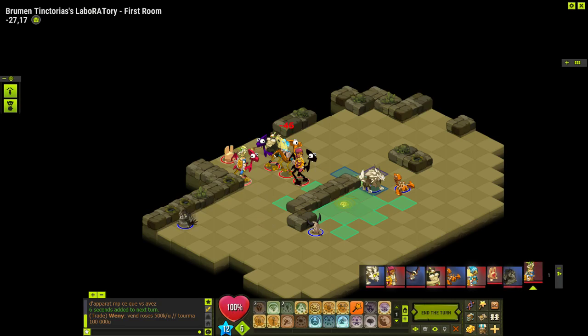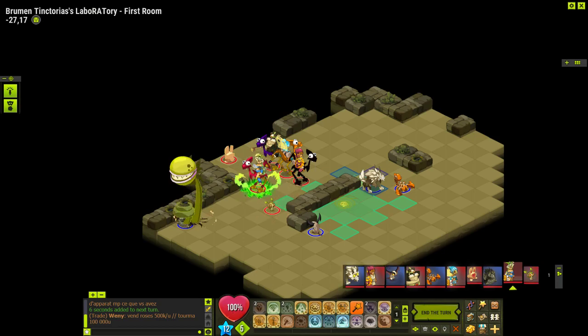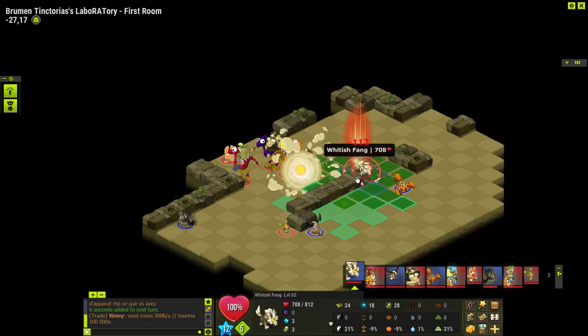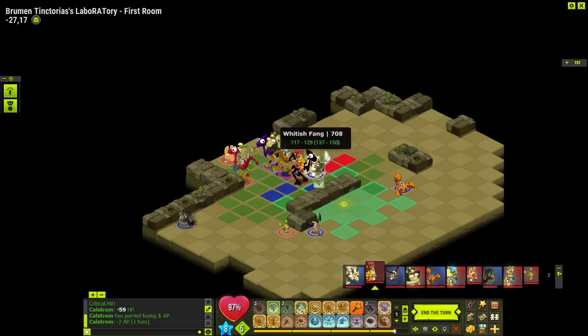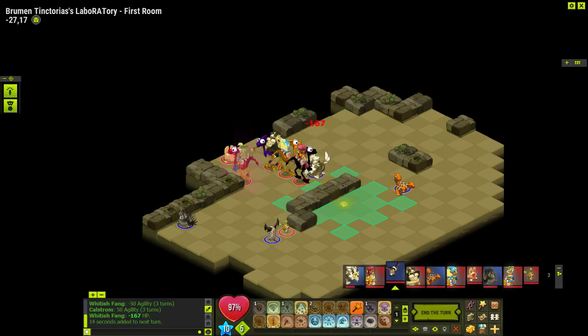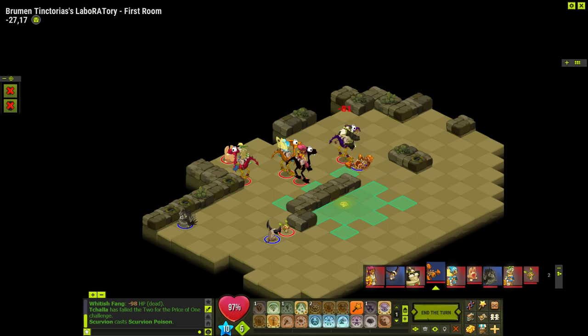Okay, so the Corvus seems quite annoying. I think we should try aim for him first. Yeah, so there you go. Whitish Fang, Unbewitchment, and it minuses AP. So that's probably something that we're going to have to look out for. Hopefully we should be able to finish off this turn. Yes, nice. Challenge-wise, them challenges were pretty poor, and I don't think risking them on this would have been ideal, so...